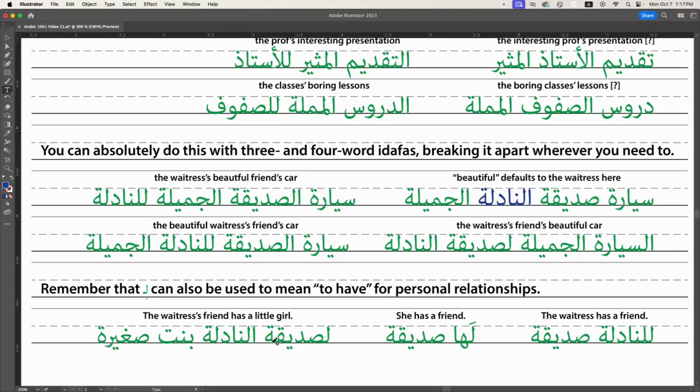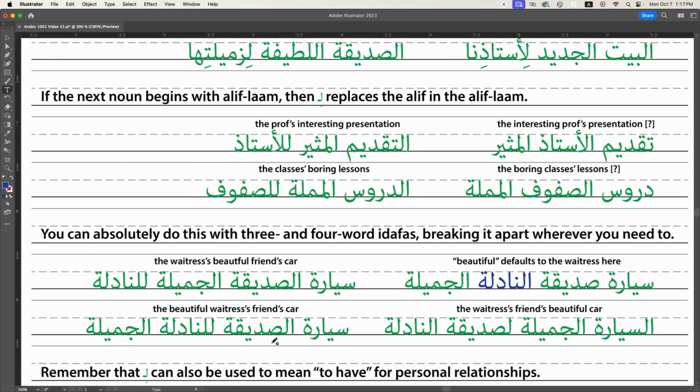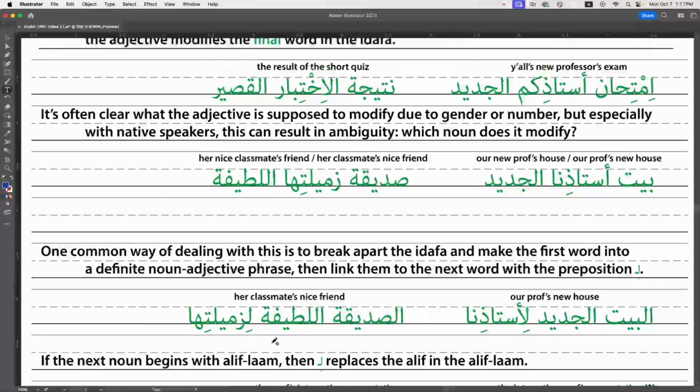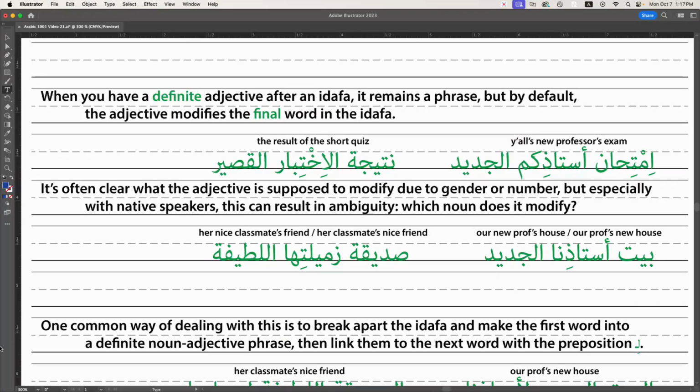This is the end of this set, so inshallah you have the capability and information to understand well how to do idafas. And with that, I'm going to say